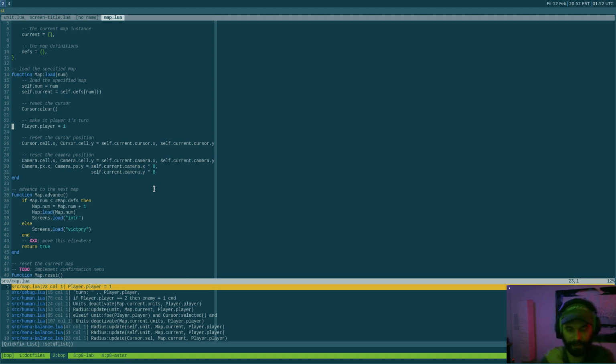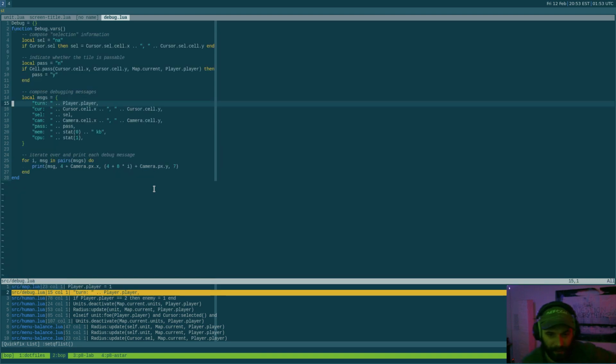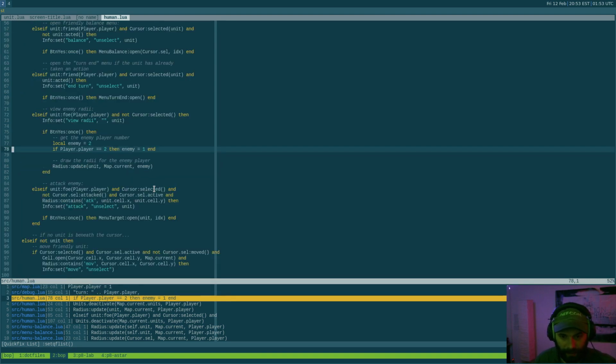Now see, this might be a kind of a fundamental change because I don't just want to track the state of which player's turn it is in the player table anymore. I would rather loop over players, but maybe I do need... Maybe that should be like player.turn. What does this look like? It's crap. Okay, if...